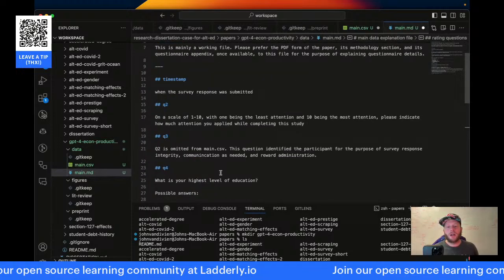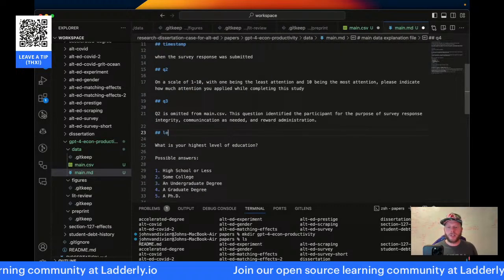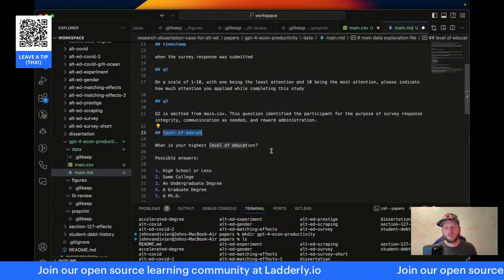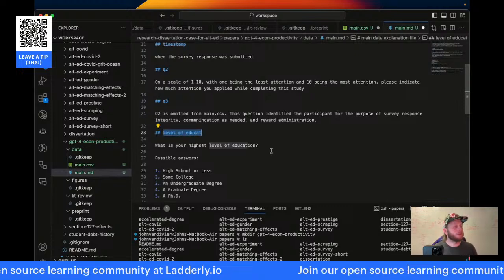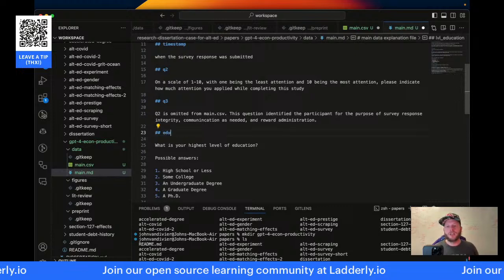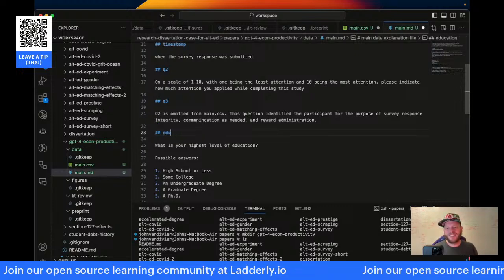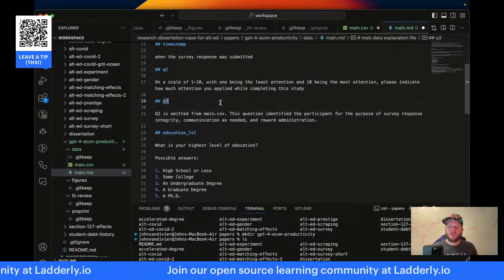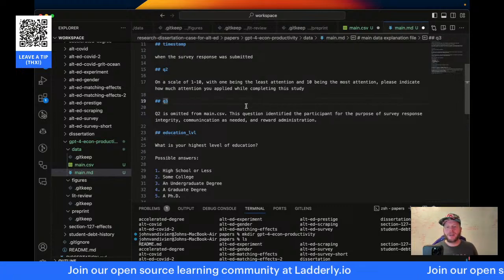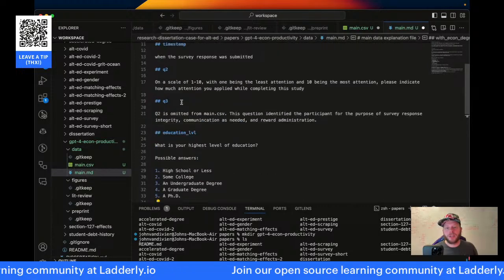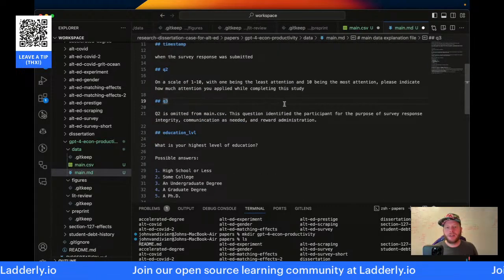Okay. Here we can say level of education. We can just call this education. Let's see. I'll say level education. I'll say education. I'll say education level. Prefixing with the edu makes it really easy to read. With econ degree, education level. Here,